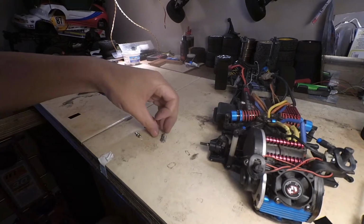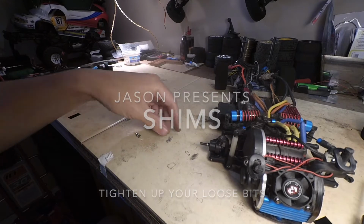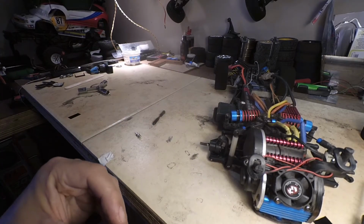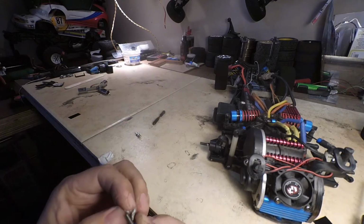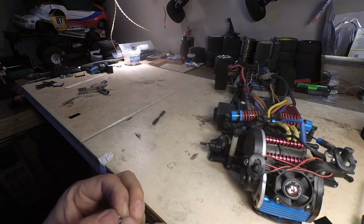Hey friends, I wanted to show you a little trick that I usually end up using to keep my fittings tight, as it were. It's the ode to the shim. So I have this,